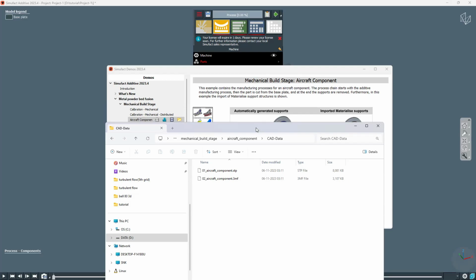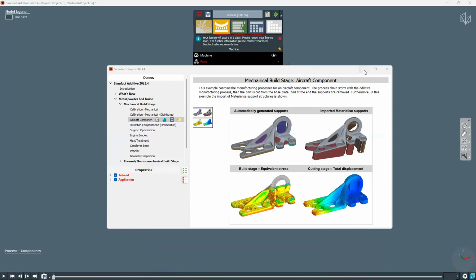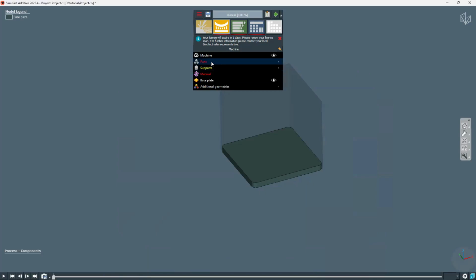Okay. So you can copy this path actually up to this CAD data. Like copy. Okay. What you do is you can go to this parts here in the Simufact. After the machine, there will be a parts icon, which will be red. Under the machine, in the machine window, when you click on that yellow icon,